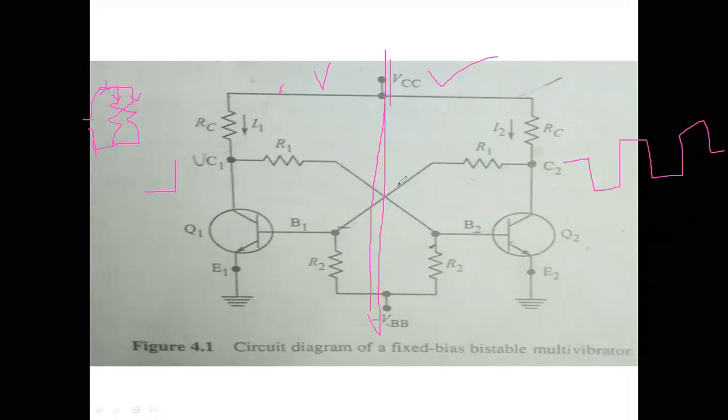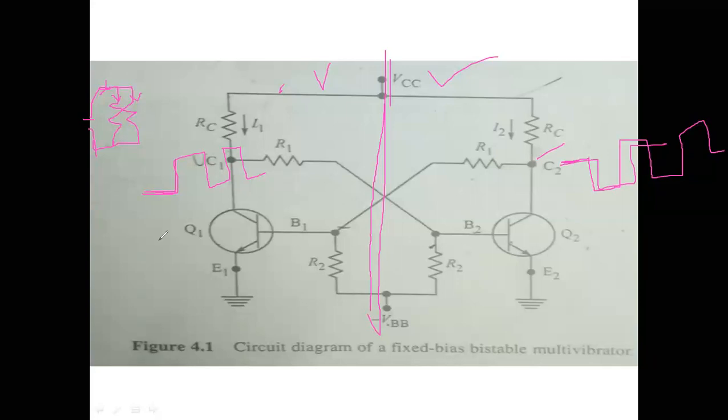You can take the output from any side, this side or this side. If you take this side, initially the pulse may be 1, then 0, then 1, 0, like that. If you start from this side, it may be initially 0, then go to 1, and again 0. Like this you may get it. Simply, you get a 180 degrees phase displacement. If you take the output at Q2 and the output at Q1, these two have a 180 degrees phase displacement.